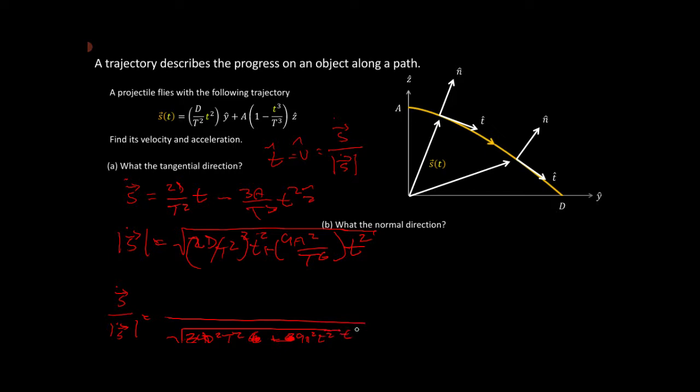I've pulled out a little t here because they're multiple squares. And then I have t cubed. I pulled out a t to the 6th, 1 over t to the 6th. So I have t cubed, so I have 2d